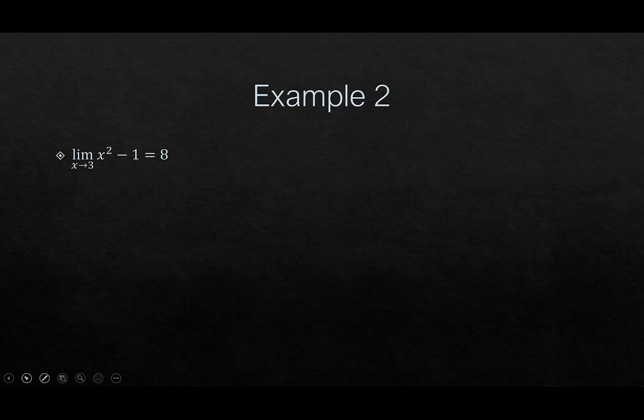So again, we start in the same way that we did the previous problem, but then we'll see there's a little bit of a twist that we have to do. Okay, so we're going to start with, again, this is kind of the backwards question from before. We're going to start with, well, assume that the absolute value of x squared minus 1 minus 8 is less than epsilon. Okay, and then we're going to somehow try to get it to the absolute value of x minus 3 is less than, again, some blah, or some question mark. Okay, so let's see how that goes.